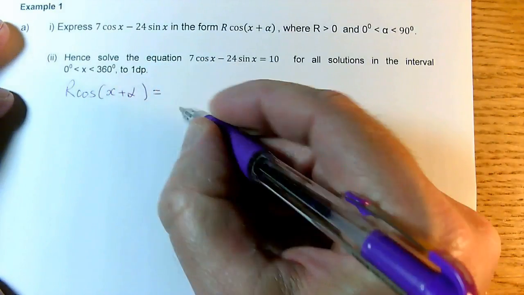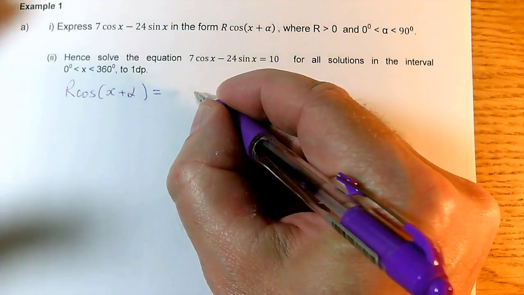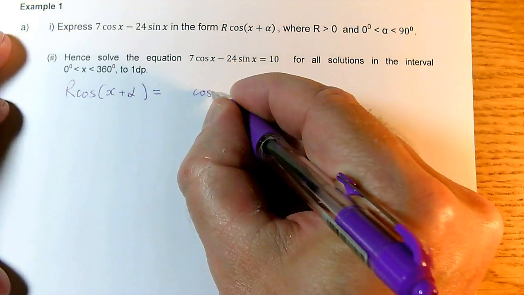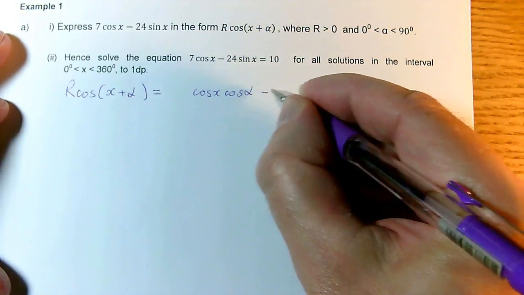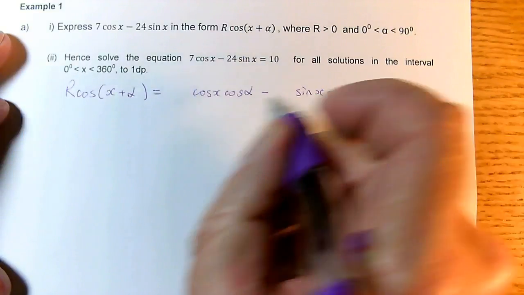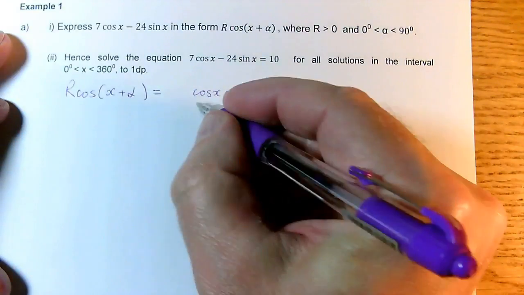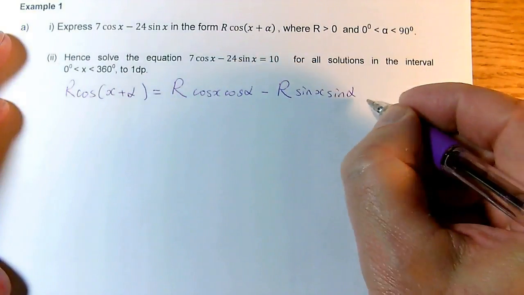to expand this out. We're going to use the fact that cos of x plus alpha, we know that cos of a plus b, this is in the formula book, is cos a cos b, so cos x cos alpha minus sin x sin alpha. That's just the cos of x plus alpha. I need to multiply it by r, so it's r cos x cos alpha minus r sin x sin alpha,